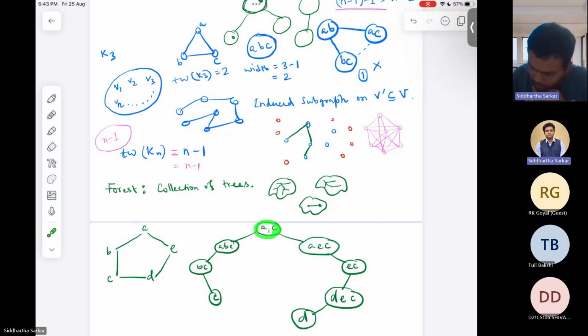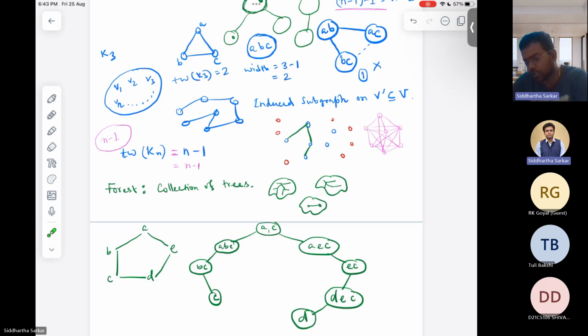For A, this is one bag, this is one bag, this is one bag, connected. For B, these two connected. For C, connected. I mean, everything is connected, but yeah, let's see. D, fine. D is connected. E, connected. Correct. So this is one of the tree decompositions, and here a bag size of 3 exists with treewidth 2,